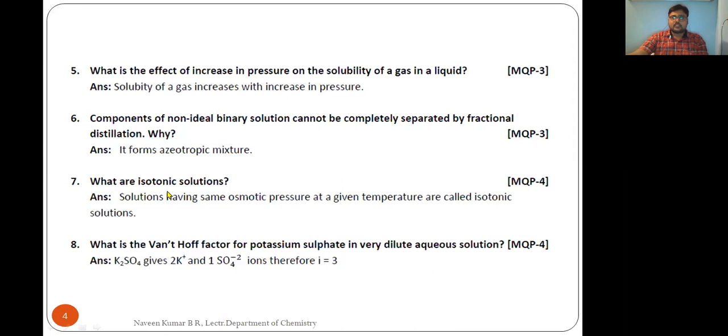For example, our blood cells are isotonic with saline of 0.9% mass by volume. That is, 0.9% NaCl in water is the saline concentration, which is isotonic with our blood cells. The same you can think with hypertonic and hypotonic: greater than 0.9% NaCl solution and lesser than 0.9% NaCl solution. As a result, blood cell size decreases in the solution having greater than 0.9% NaCl, and in lesser than 0.9% NaCl solution, the blood cell swells, because it is a hypotonic solution for it.